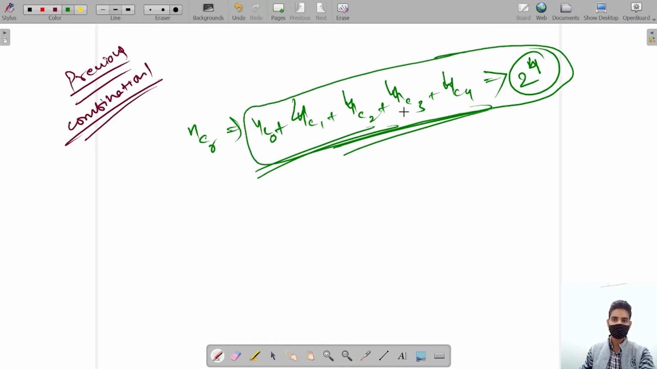How this equation is satisfied, basically how we are going to write it: 1 plus n raised to the power